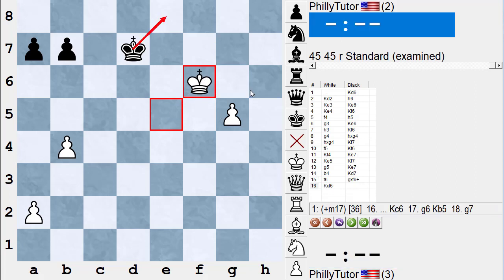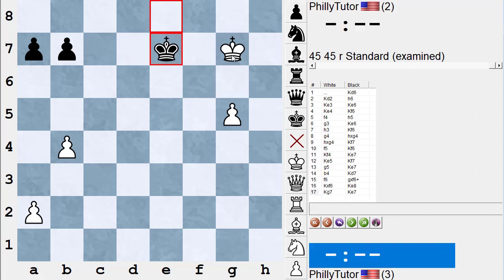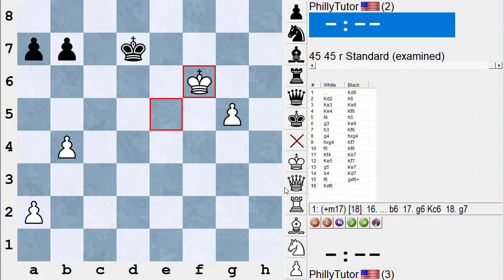If he plays king to e8, I will play king to g7 and king to h7. Let's show that. If he plays there, I play here. The computer sees all this. He plays there, I play there, and then I get a queen. So therefore, the computer wants to race with me now. Play something like king c6,